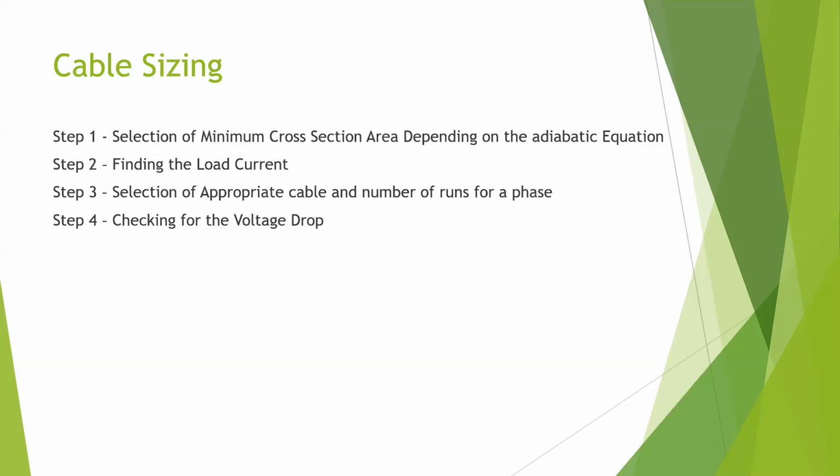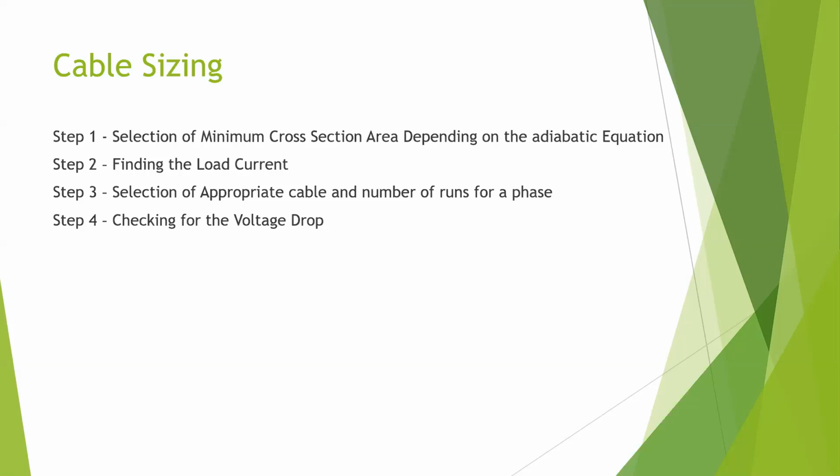Okay. I remember previously talking about the adiabatic equation. In low voltage installations, the adiabatic equation is very easy, with only a few terms. We are going to learn that here too. But when it comes to medium voltages, we are going to have some modifications done to it. We will also see how we use this adiabatic equation to find the minimum cross-section area.